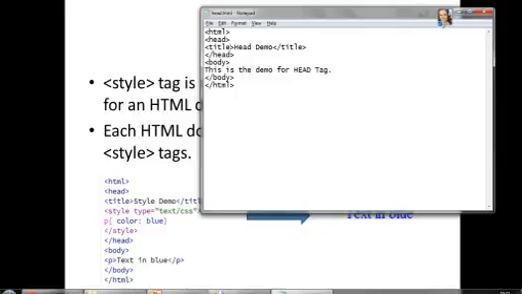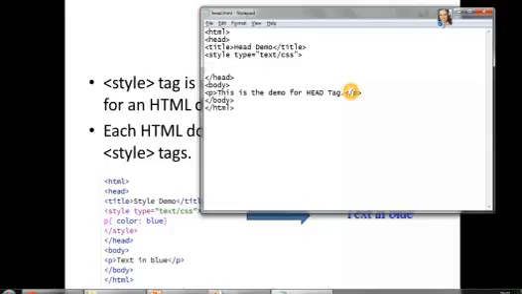After the title tag, I'll write the style tag, and the type I should give as text/CSS, so that it knows this is related to the styling of your web page.